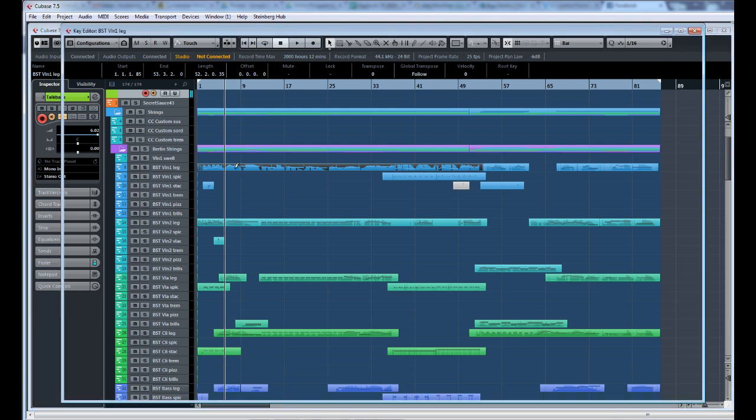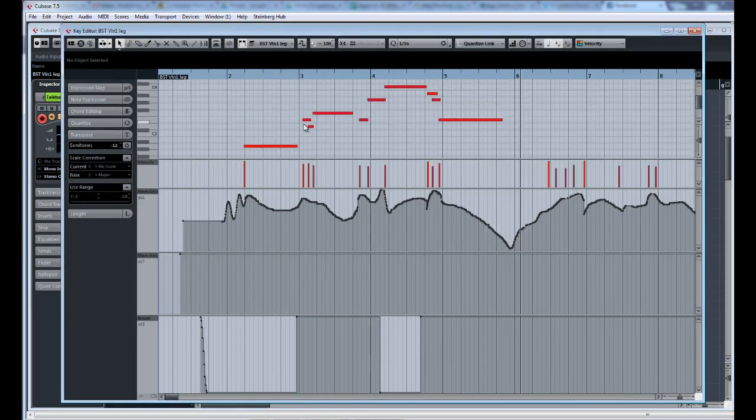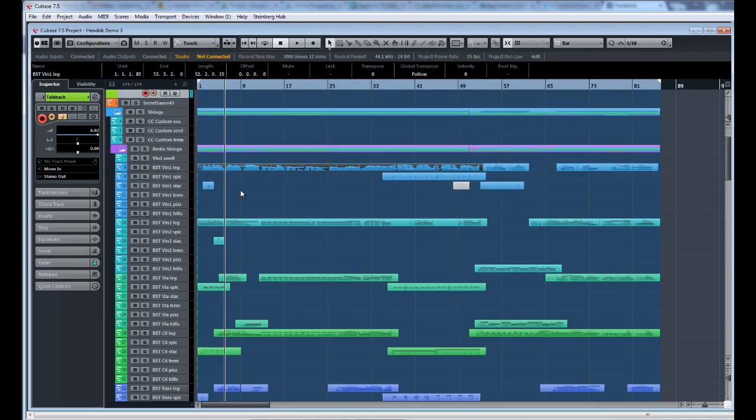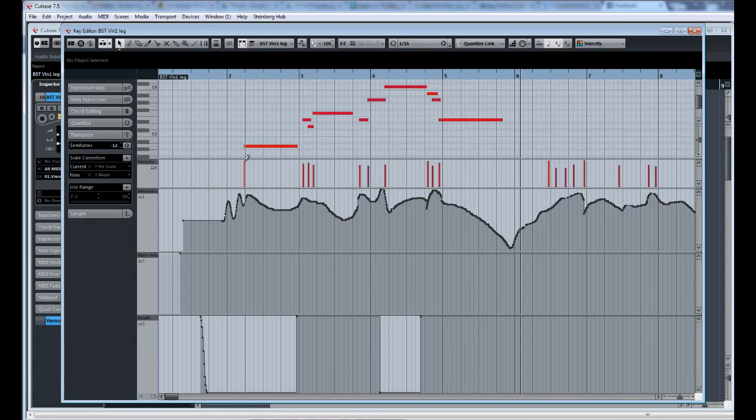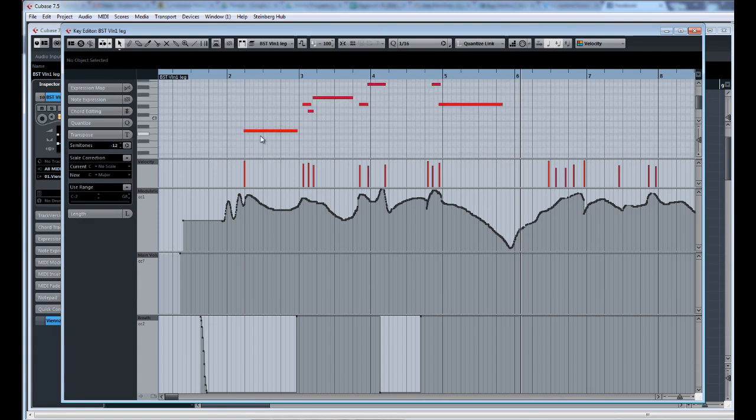That's pretty cool. What I like about it is you would have heard that attack. Usually in other libraries, I tend to have to layer separate staccatos and things like that over the top of legatos to actually get that bite. But Berlin Strings has been programmed very efficiently, and it enables you to just, on high velocities, have a great attack on a standard legato patch,